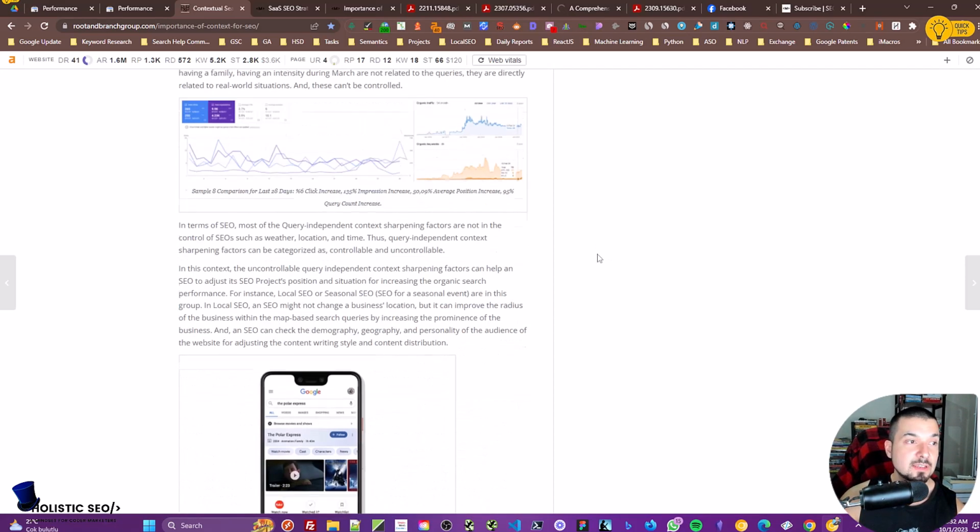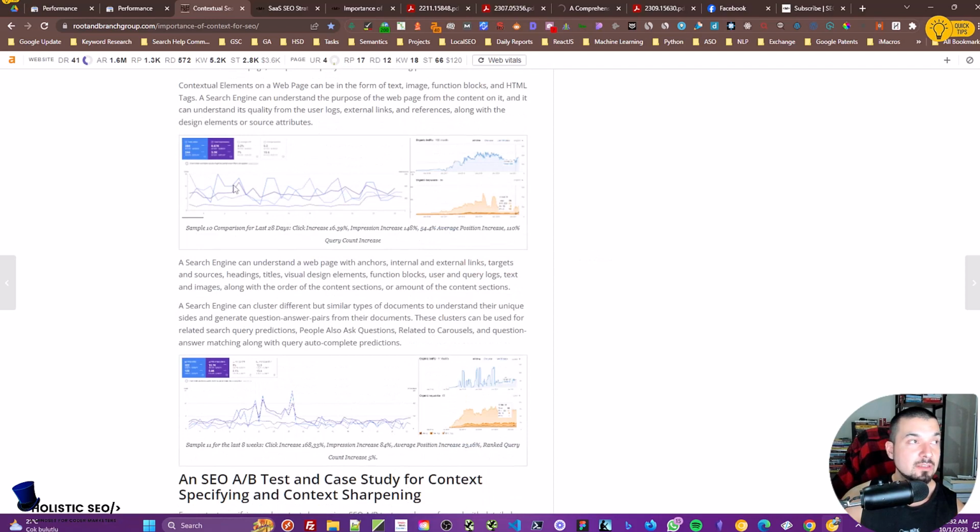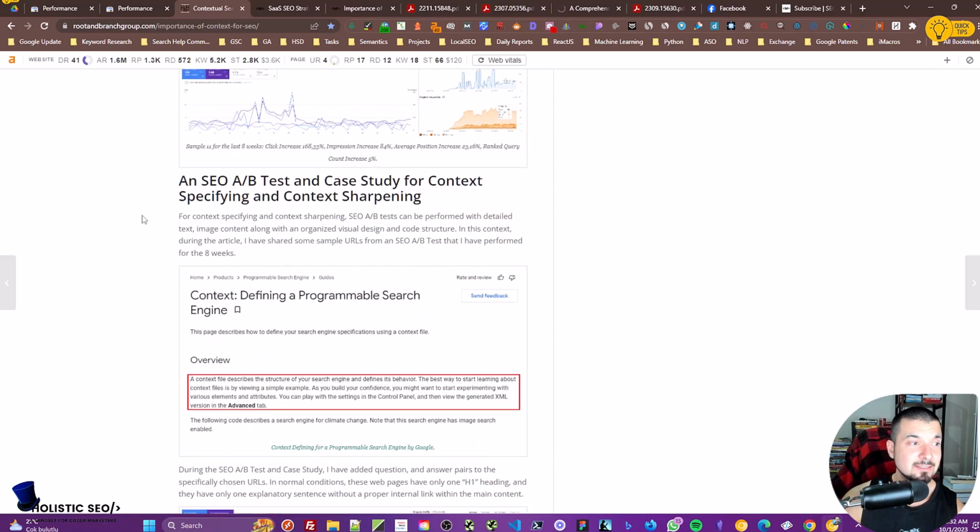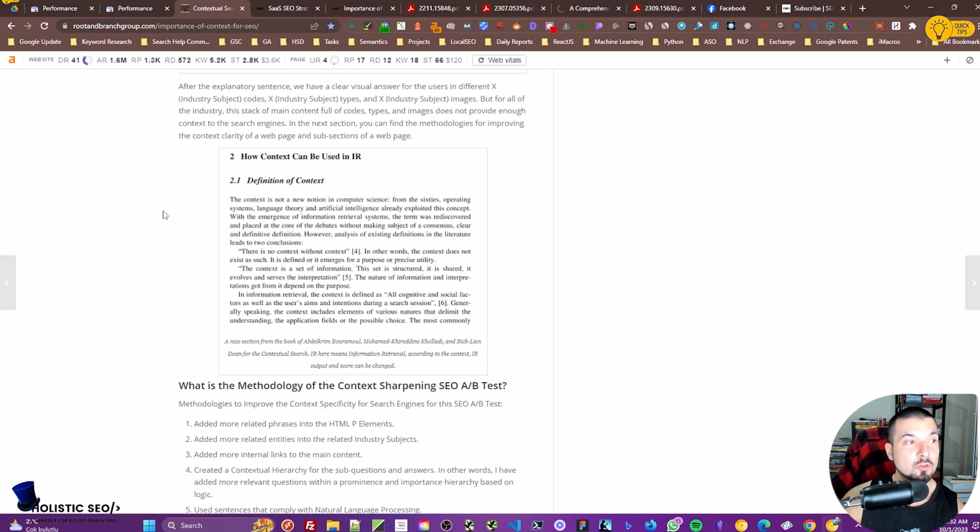So when it comes to the second suggestion for this specific BlueHat SEO case study, please understand the term context in the context of the search engines. That's why I define the definition of context here directly. And this is a book for information retrieval from Abdul Karim, I can't read your last name, sorry for it, Boromul, I guess, and Mohammed Kalladi and some other researchers as well. And the book name, as much as I can remember, was Contextual Search,